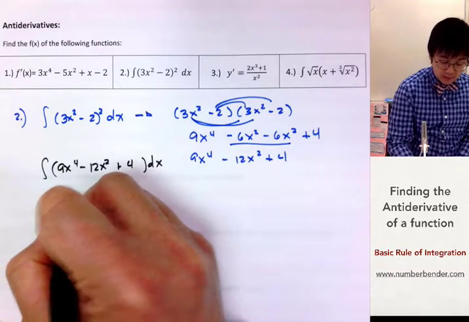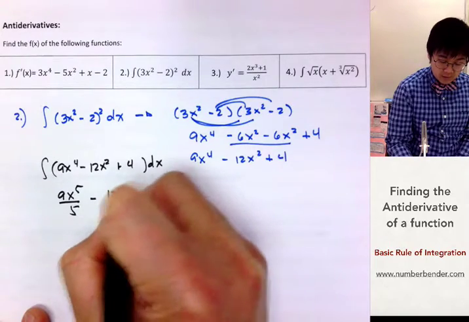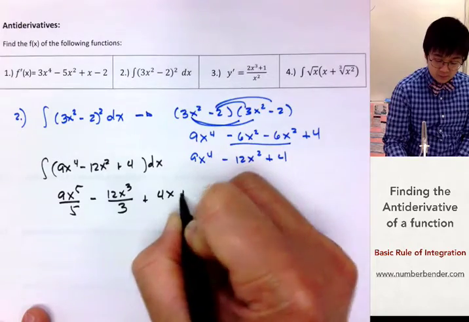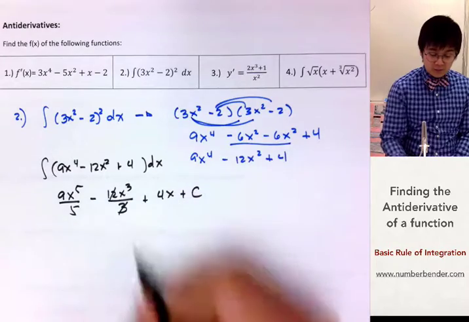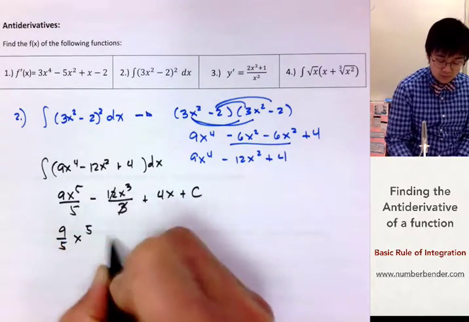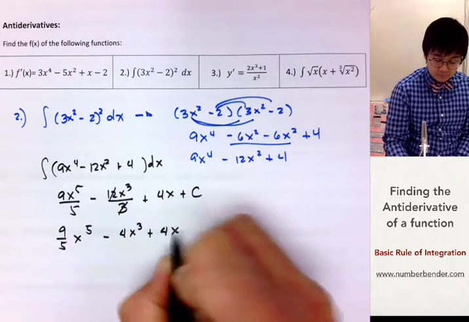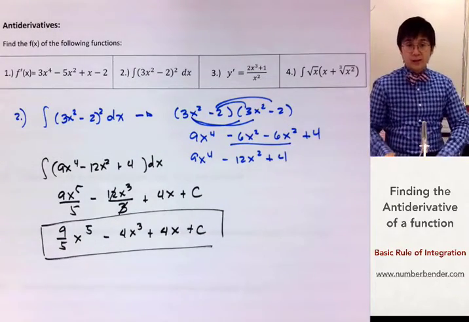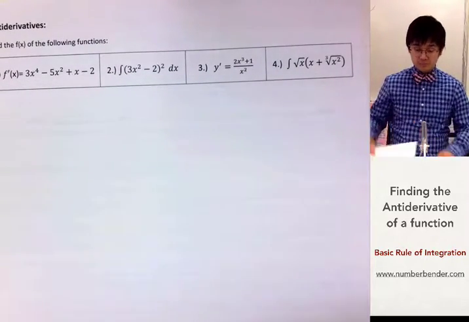So we have 9x to the 5th all over 5 minus 12x cubed all over 3 plus 4x plus the constant c. If you want to simplify this, we can change it into 9 over 5 x to the 5th minus 4x cubed plus 4x plus c. This is how we find the antiderivative of problem number 2 by expansion. Now for problem number 3,